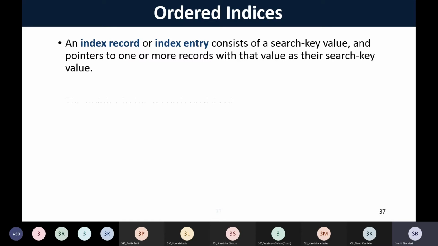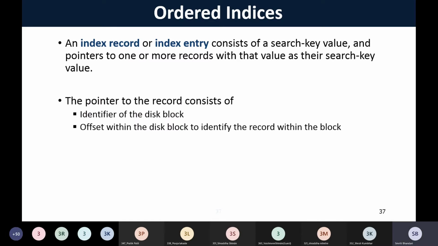What I mean by this: if we have our instructor table with ID, name, department name, and ID is the primary key for this instructor table,